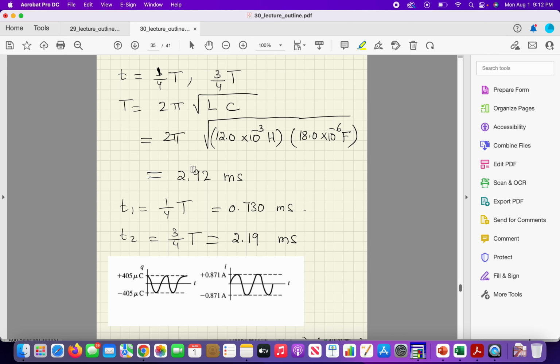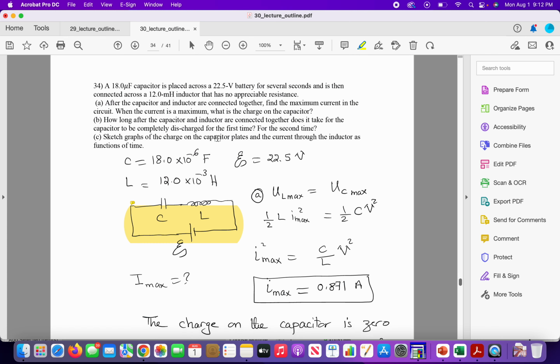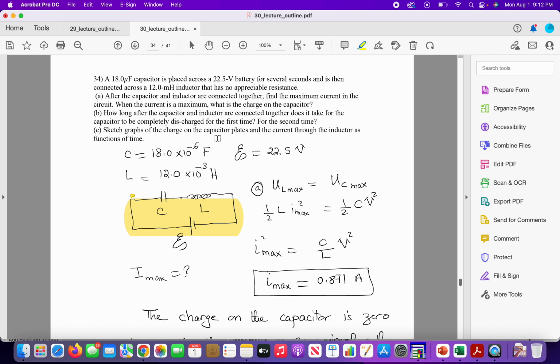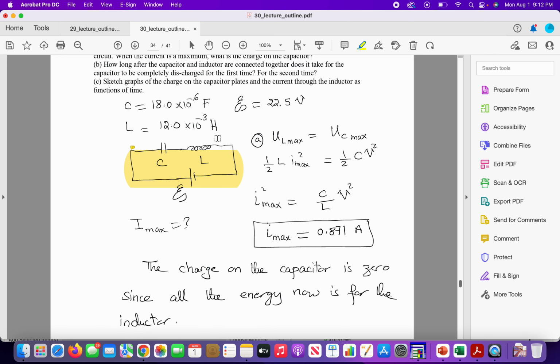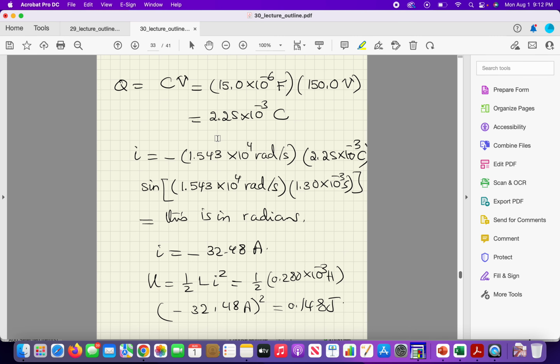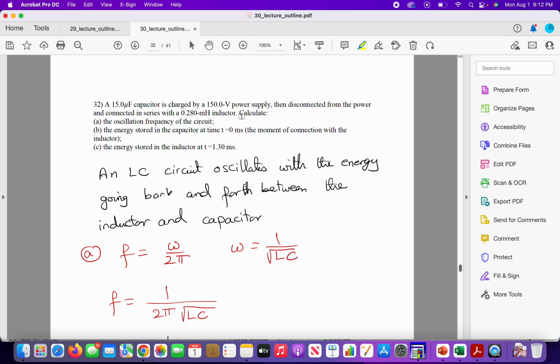as was described before. Now we want to find how long after the capacitor and inductor are connected together does it take for the capacitor to completely discharge for the first time and for the second time. What we can do is we know that